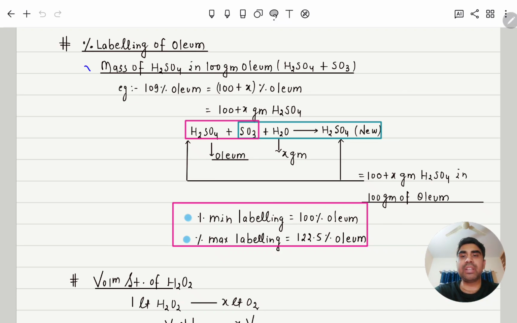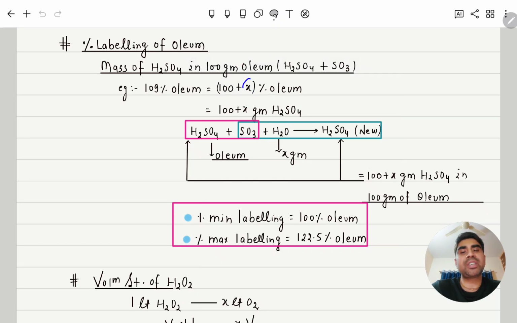Definition wise, we can define it as the mass of H2SO4 in 100 gram of oleum. In 100 gram of oleum, how much mass of H2SO4 is there? That is only called oleum. Understood? So here you can see, let's suppose 109 gram of oleum, means we can say 100 plus X percent